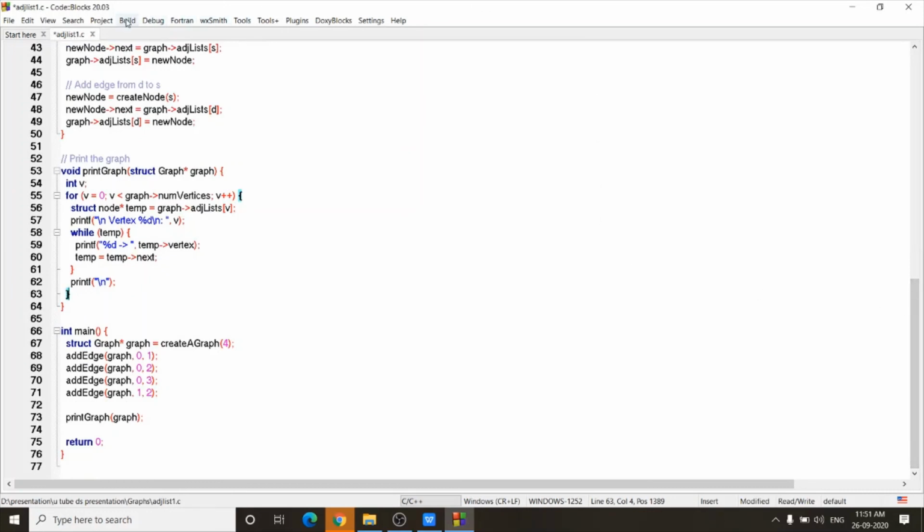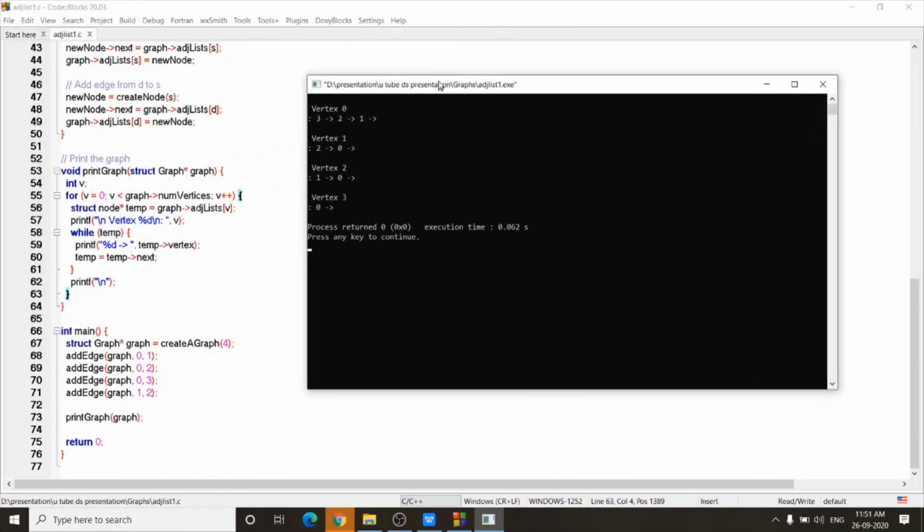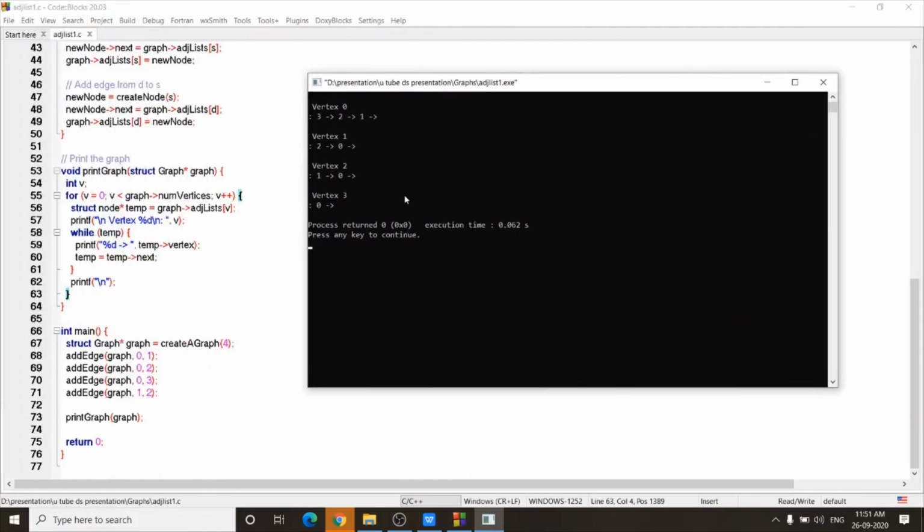Now when I run the program, we get the required output.